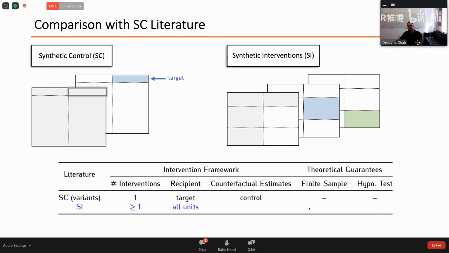Through this method, what we found is that, of course, not only do we recover synthetic control, but we allow for different interventions, simultaneously dealing with all units and the control and the treatment. And these are the finite sample guarantees we get with this hypothesis test. Again, this hypothesis test is a necessary condition, not a sufficient condition. In that sense, one-sided, but it's better than what was before.